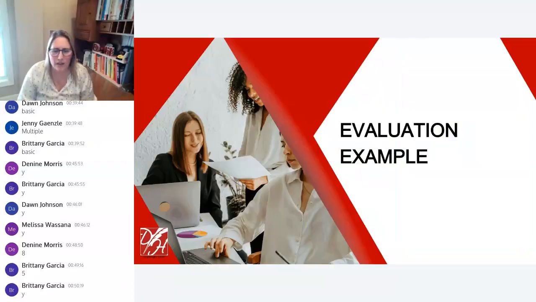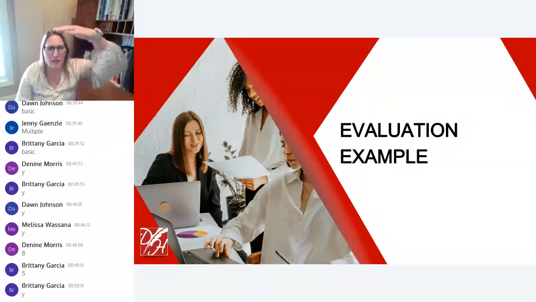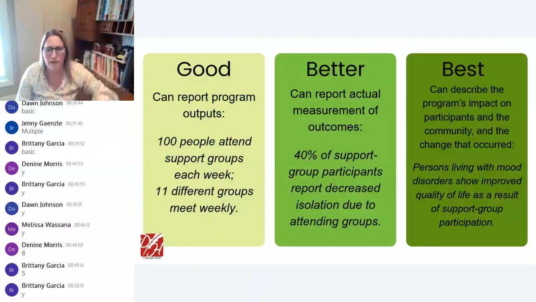Our theory of change to our logic model to our evaluation. When we think about evaluation, what did we count? Number of people at the support group, number of meetings. If we think about what makes it even stronger, what percent of participants self-reported their decreased isolation as a result of participating? So now it's not just about how many were held and how many people attended, but